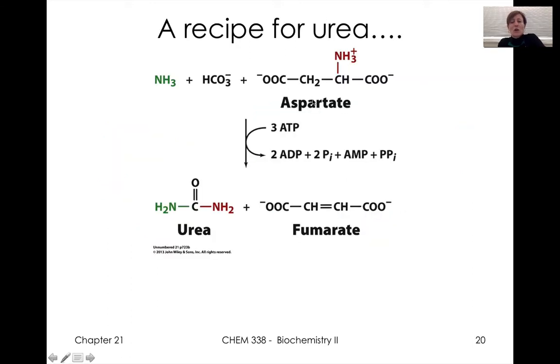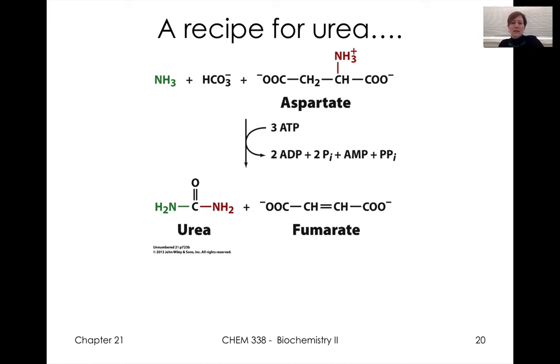And again, look at the urea cycle. We are not going to go through a lot of details of the urea cycle, but we've got three main things that we need as recipe ingredients for urea. The ammonium is going to come from the oxidative deamination of glutamic acid. We've got our bicarbonate here, and then aspartate is going to provide the other nitrogen atom, and again that happens